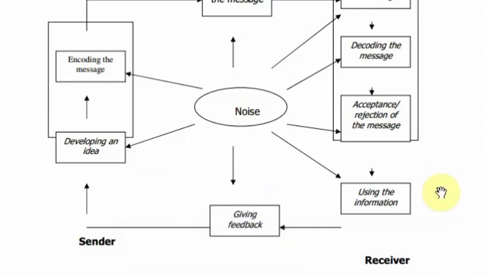We may talk about communication barriers in another video, but the main focus of this video is just to talk about the communication process. What is the communication process and what are the different elements involved in it? The different elements are sender, receiver, feedback, message, noise, encoding, decoding or interpretation, transmission, information, noise, and values. All these are different elements involved in the communication process.